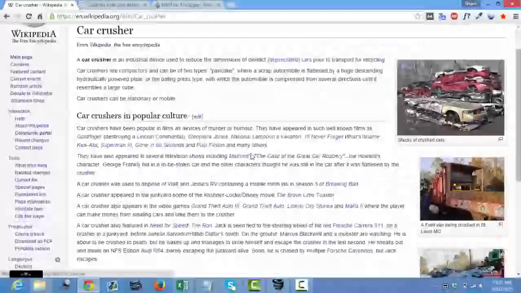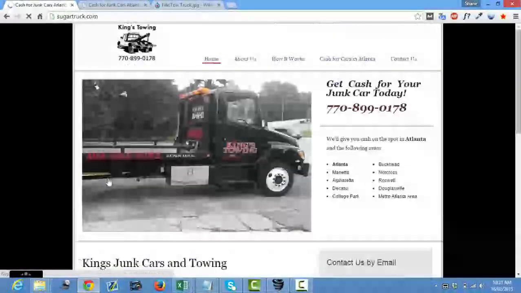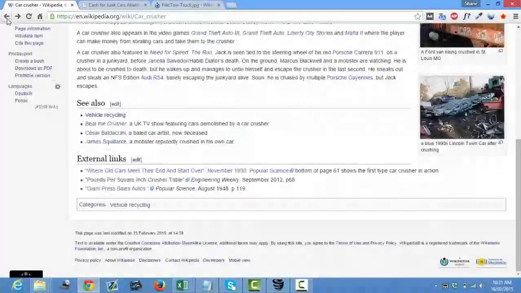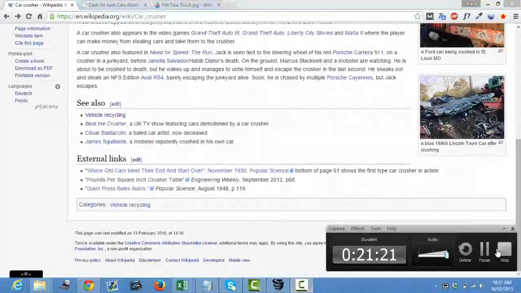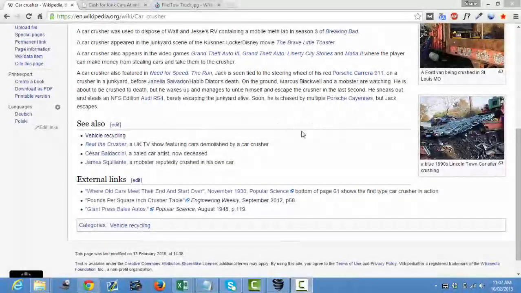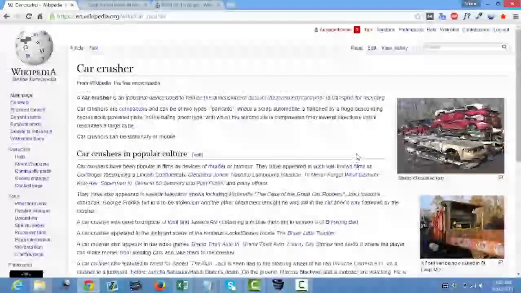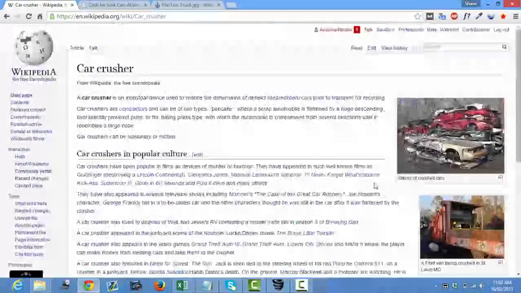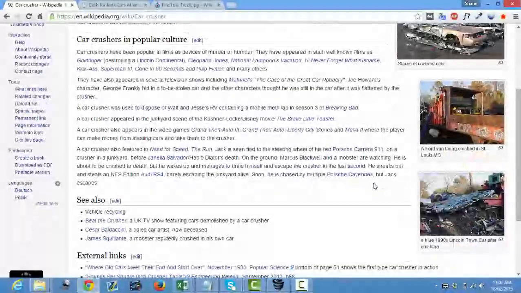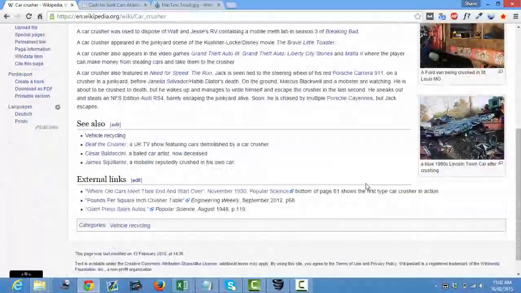So if we have a look, that link was dropped and it's a direct link back to the money site as well. Okay, cool. So that's how you get a link under the external links. So with all these pages, depending on what the page structure is like, depends on what sort of link I drop. So if there's too many images on a page, I wouldn't go and try and place an image on this page, for example, now. And if there wasn't an external links category, then I guess you've got two choices. You can create it, which is really easy, or you could go for an image link.